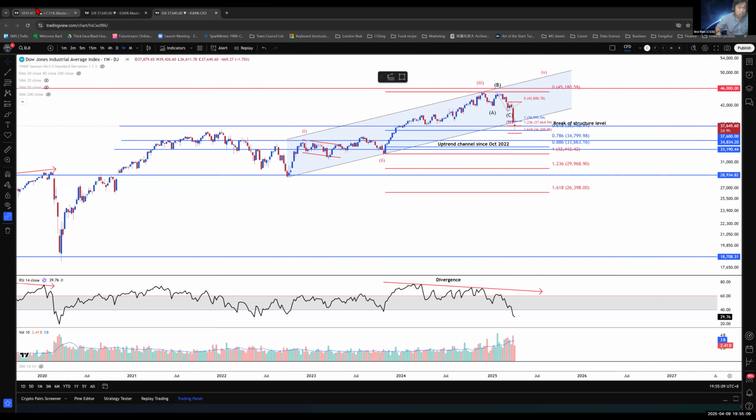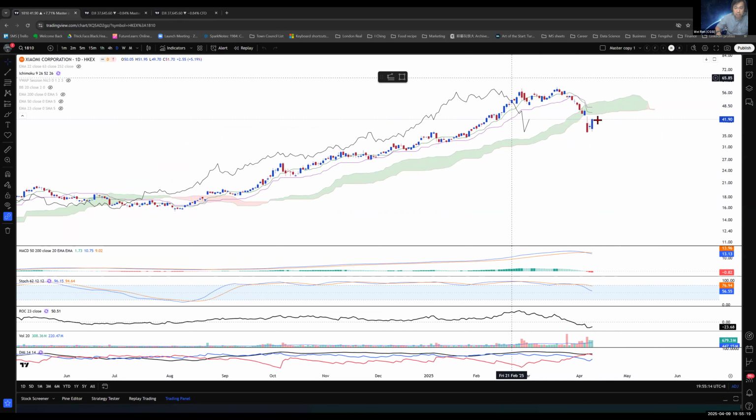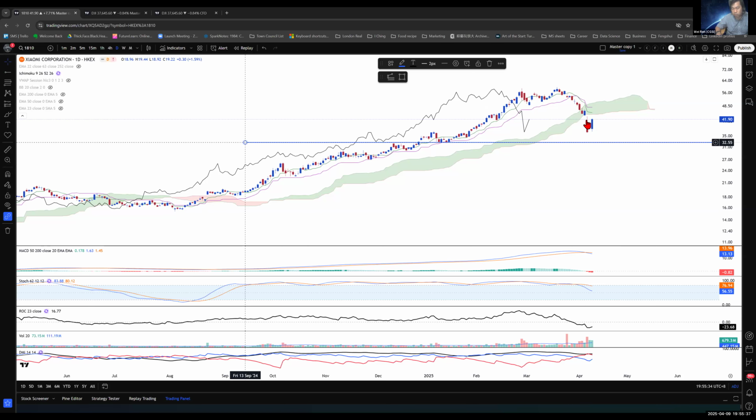All right. I think I want to highlight Xiaomi. I think Xiaomi near term, we do see a breakdown, but with this bullish inside bar confirmed with an outside bar as well, closing above the resistance at $40, I think there is room for further upside. Otherwise, if there's any sell down due to tariffs mentioned by the Chinese on the revenge trade on the US itself, I think we could look at $31 and $32.55.